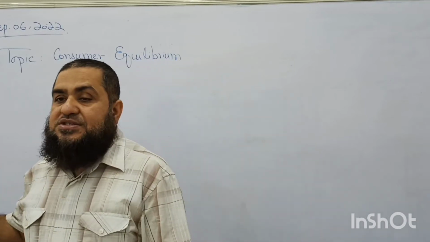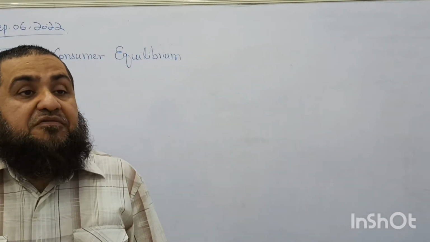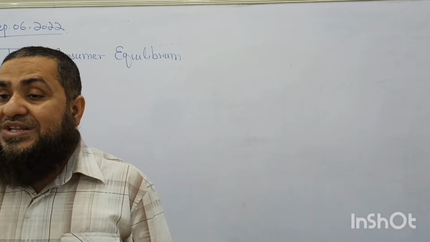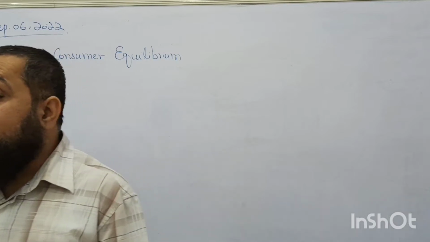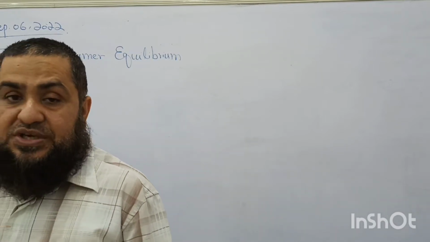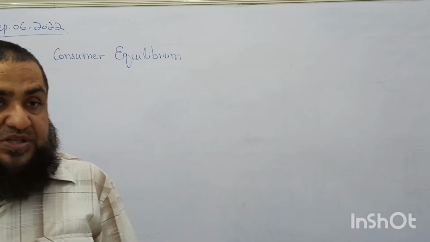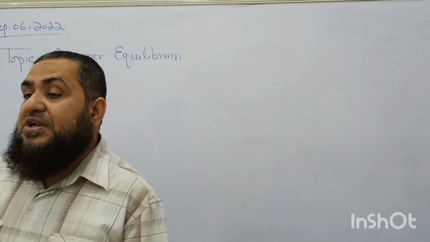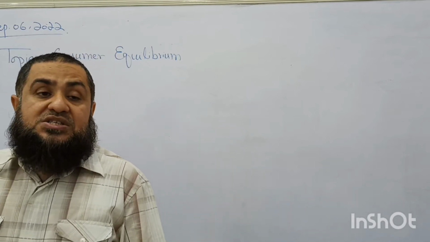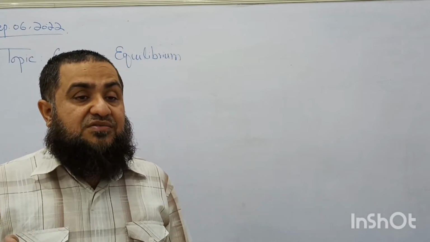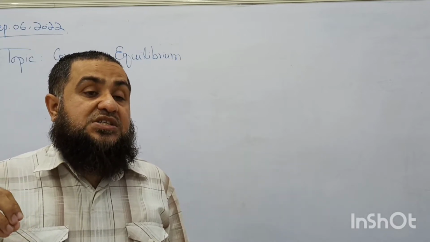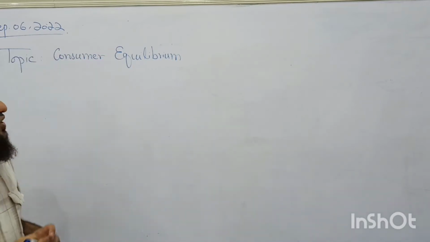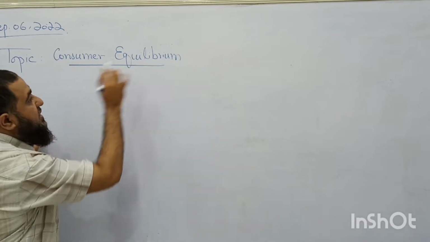Now the question is, the indifference curve is showing only the consumer preferences. The budget line is showing us the consumer's affordability. Which bundle of consumption of the two goods along the indifference curve and along the budget line will actually maximize the total satisfaction of the consumer within given income and the prices of the two goods? There should be a single bundle of the two goods X and Y which will tell us the satisfaction is maximized within given income and the prices of the two goods.